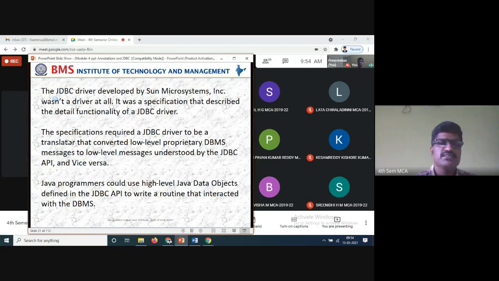The next one is the specification required of a JDBC driver. What is required is to be a translator that converts low-level proprietary DBMS messages to low-level messages understood by the JDBC API.